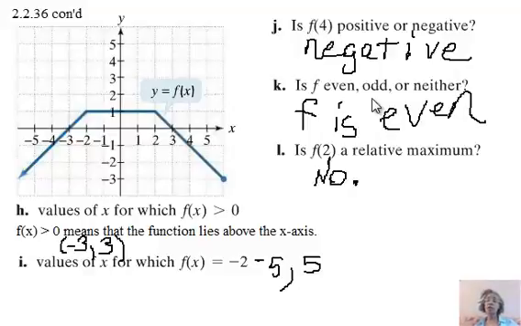But we see right here, when x is 2, y is 1, and we see that we cannot satisfy the definition of what it means to be